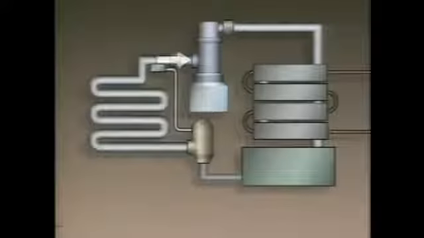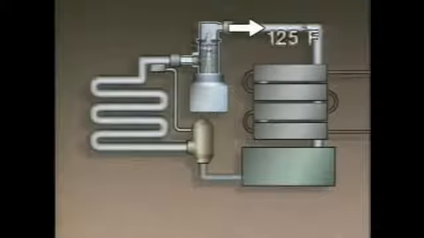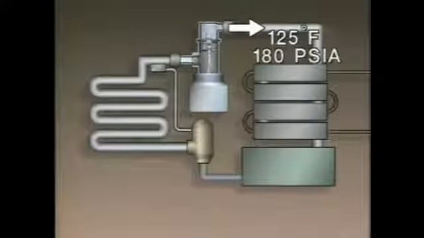From the evaporator, the refrigerant is drawn into a reciprocating compressor. The compressor increases the temperature as well as the pressure of the refrigerant. The refrigerant is forced out of the compressor at about 125 degrees Fahrenheit and 180 psia and sent on